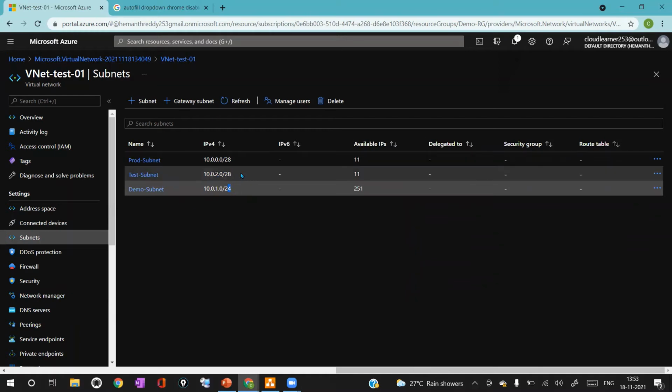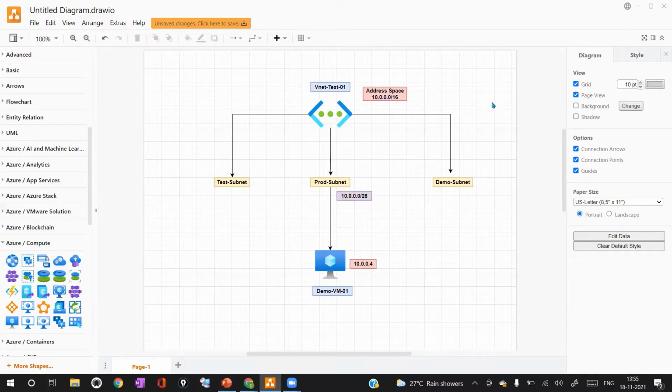So this is a simple lab to create a VNet, to create subnets, and to see how we can create subnets after creating the VNet. We'll also see some of the diagrams of this VNet, and we'll try to understand a little more from the diagram. Let me switch to the diagram page now. Currently, I'm presenting the diagram to explain it to you in a diagrammatical way as well.